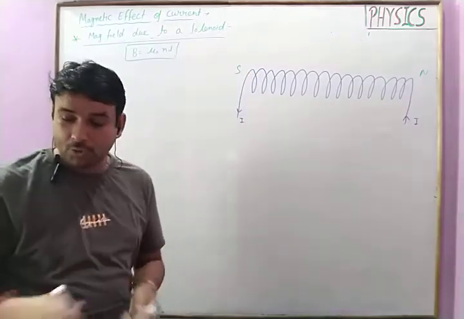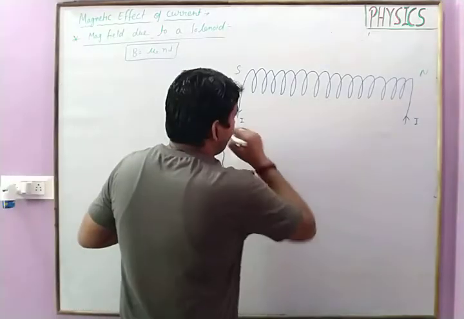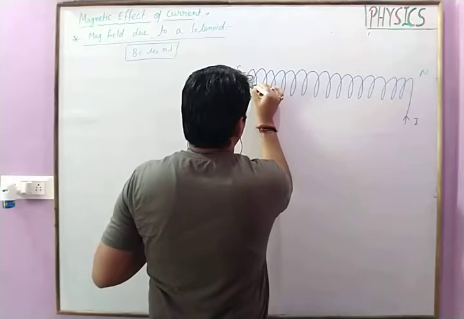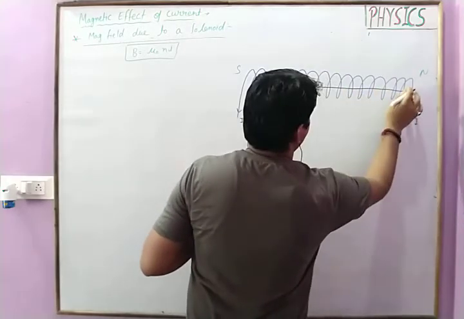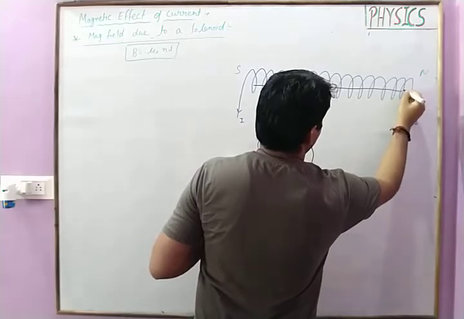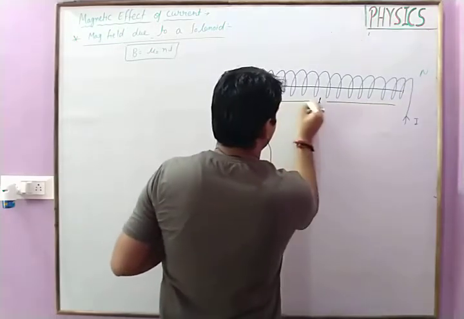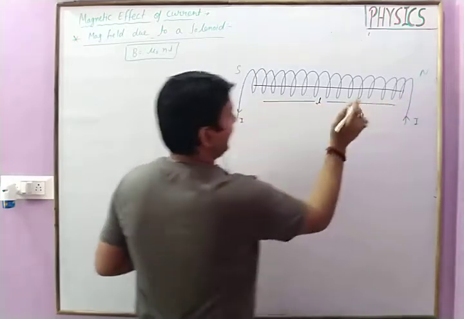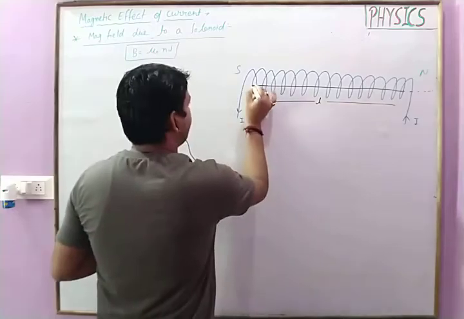Now for this, if a core of L length or a wire of N length which is extremely extended